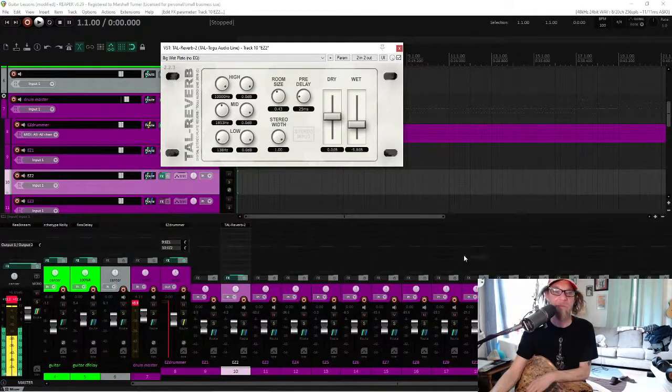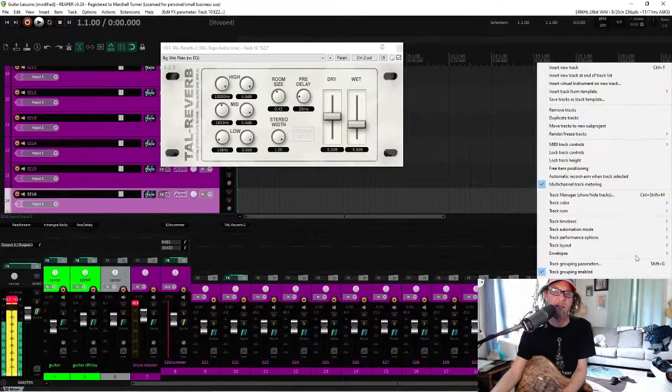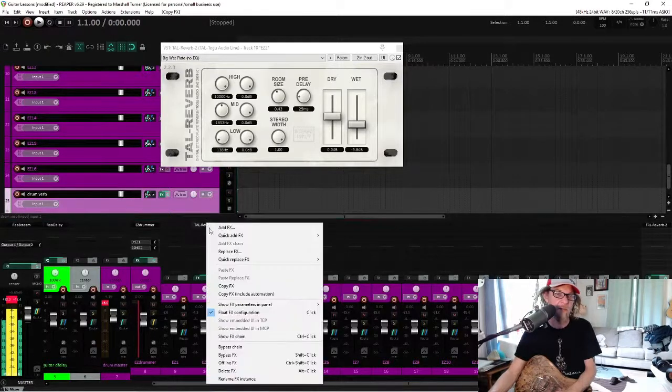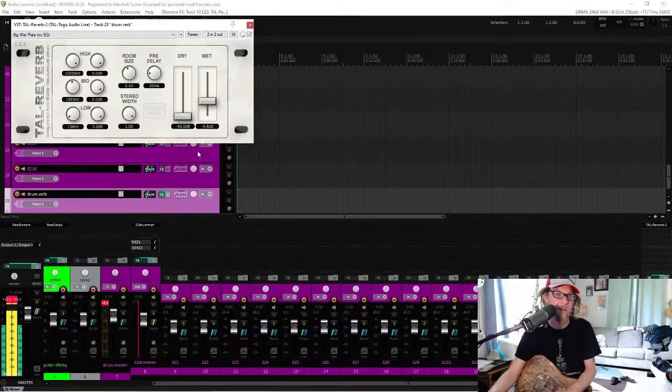Yeah. So typically what I do with drums, with respect to putting reverb on stuff, is I add a bus that is a drum reverb. So I'll go down here to the final track, insert a new track. I will call it drum verb, and send the drums. We'll move this tail reverb down to this track. We'll delete it from that track. We'll make it 100% wet, so no dry, and we'll try and set that at 0 dB-ish,